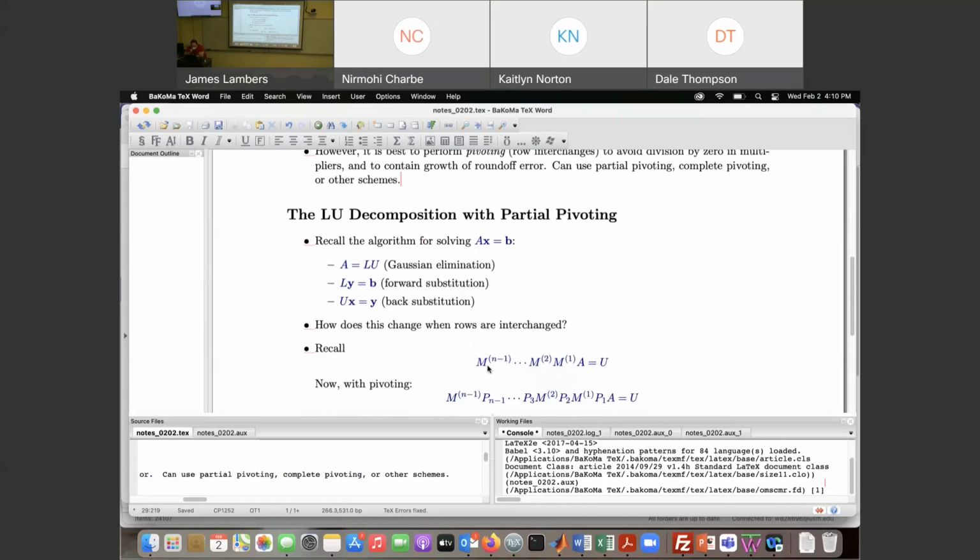So how was the LU decomposition obtained? You start with your matrix A, and then you're performing all these row operations, like subtracting a multiple of one row from another. And that is equivalent to multiplying A on the left by these unit lower triangular matrices. This handles column 1, this handles column 2, and so on. And the end result is the upper triangular matrix that comes from Gauss elimination. But now,